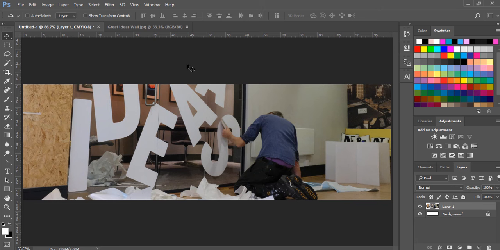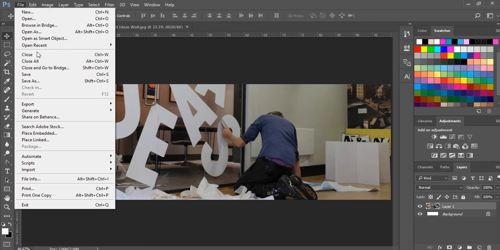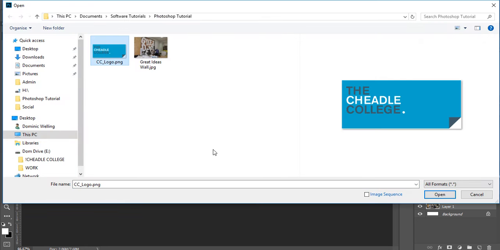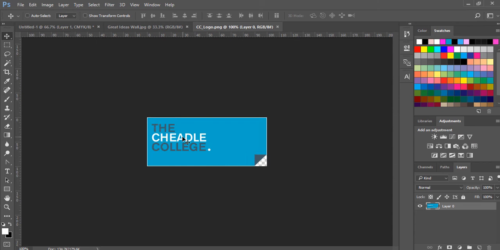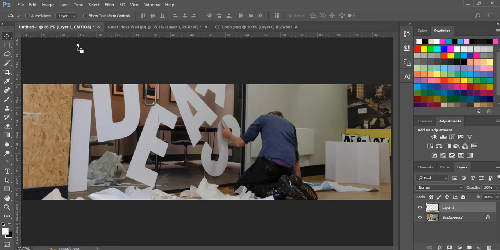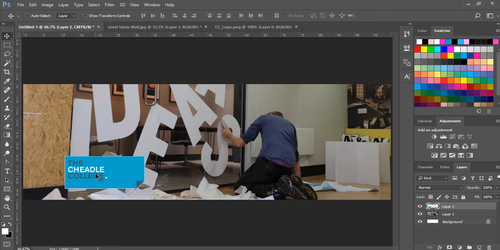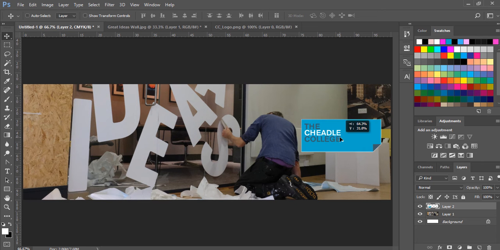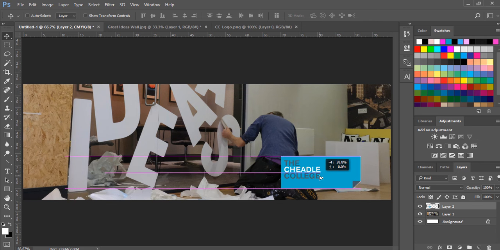The other thing I want to do is put the college logo on it. So I've saved the college logo, so I can open that. You can copy it off the internet or you can download it. I'm going to drag it and drop it on here. Oh, that's the wrong one, I'm going to drag it and drop it onto this one. So when it's on Twitter I can hide that somewhere. I might take that yellow out, I might pop it about there to make sure it's a branded image for the Cheadle College. Hide his boots. As you can see, it's on its own layer. I can double click, I can name it. And I should name the bottom one